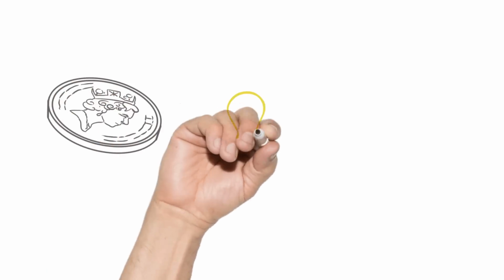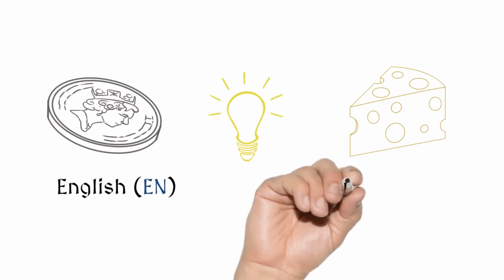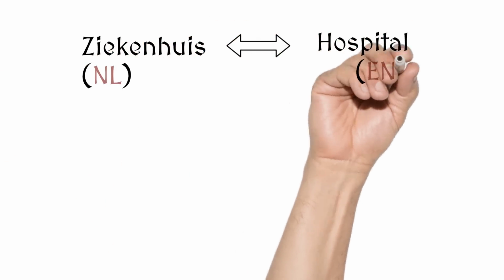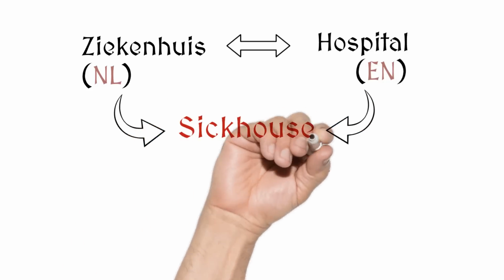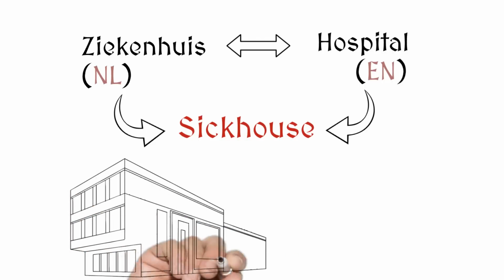So, what if English was more like Dutch? What I'm going to do here might not make sense at first glance, so let's dive into it with a quick example first. Take, for instance, the Dutch word ziekenhuis, which means hospital. You don't really need to be a linguist to see it literally means a sick house, a house for the sick people. We can do this because Dutch and English are members of the West Germanic language branch, and